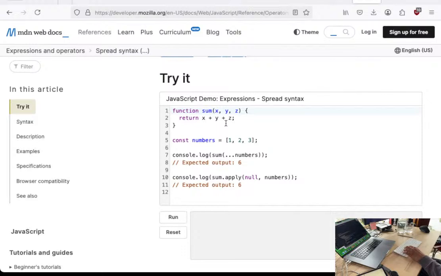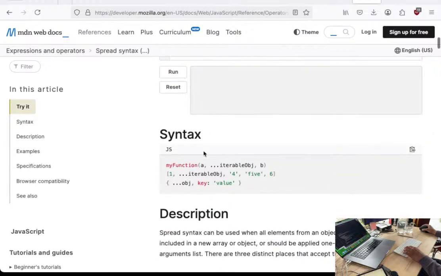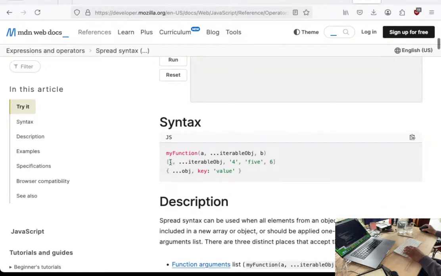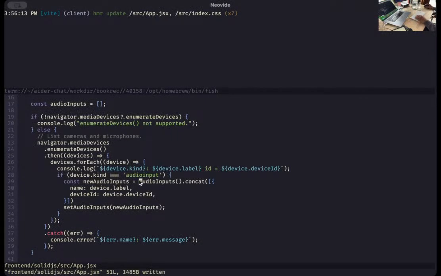So sum x plus y plus z, sum of numbers, or sum dot apply null to numbers. Okay. A terrible object. So we can actually use this and complement. So we could use it like this. So for audio inputs, we can say set audio inputs will be spread audio inputs first,